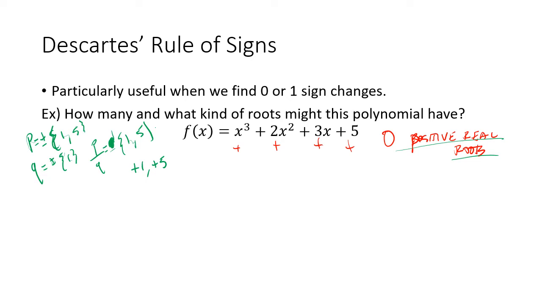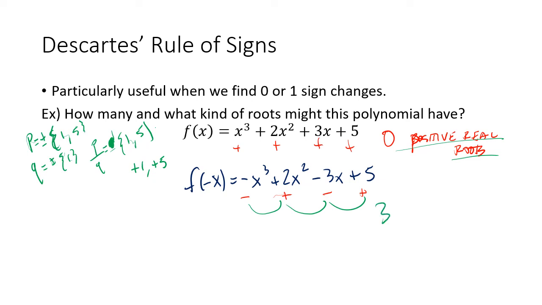Now, we also know that if we evaluate this polynomial for f of negative x, that'd end up being, because negative x times negative x times negative x is negative x cubed, we'd still just keep the positive 2x squared. We have negative 3x plus 5. This means we have negative, positive, negative, positive. So we count the number of sign changes here. We have 1, 2, 3. So that means there are 3 or 1 negative